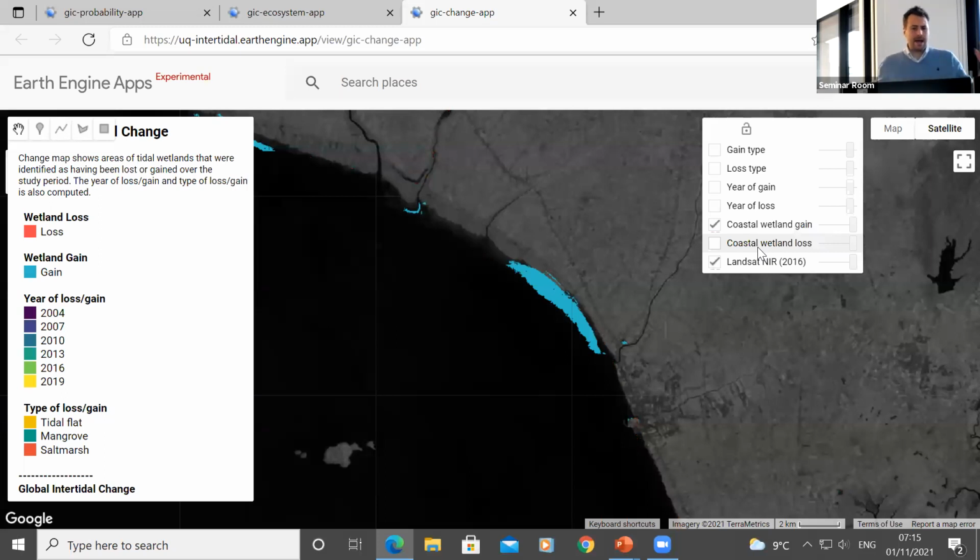What you can see is this big bank has appeared during the 1999 to 2019 time period. And if you overlay the year of gain on top of it, you can see at the leading edge, it started in about 2004, got bigger in 2007, 2010, 2013, right down to 2019. And what you can also do is identify what type of ecosystem has gained. So as you kind of expect in this location, it's a tidal flat that seems to have had a mangrove forest develop behind it. So you could imagine that the tidal flat developed first and then the mangroves encroach from behind.